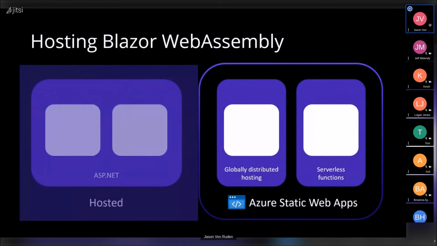There's two kinds of hosting models that you can have with WebAssembly. One is you can host it on an ASP.NET website, where you have the server APIs and your Blazor WebAssembly application would talk to the API in your local domain. In addition to this, and I've been using this lately, is having WebAssembly hosted as a static web app, specifically in my case in Azure, and then having the APIs being served up by Azure Functions instead of an application